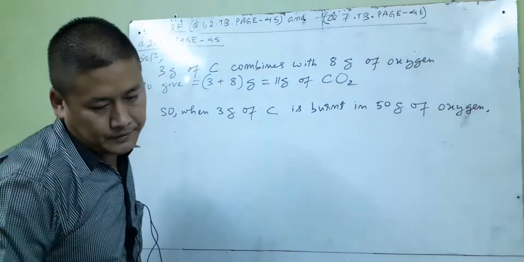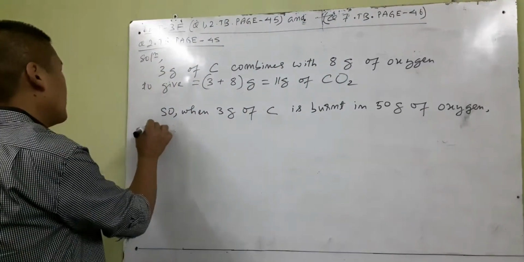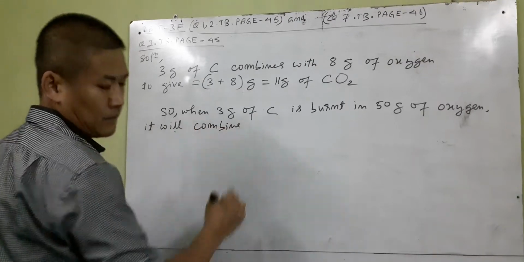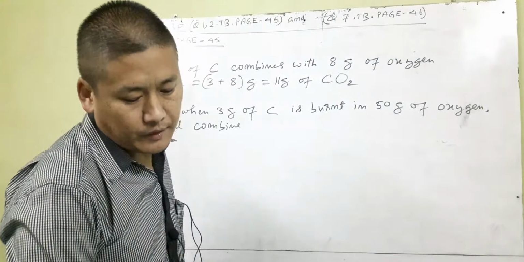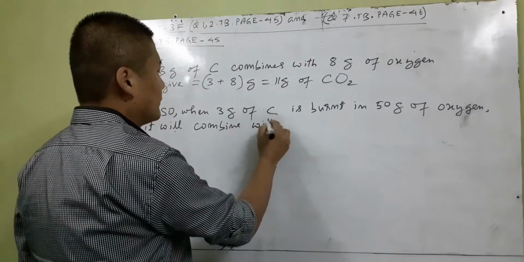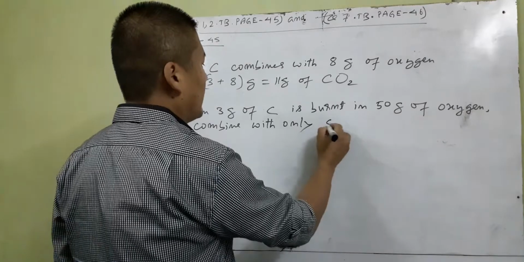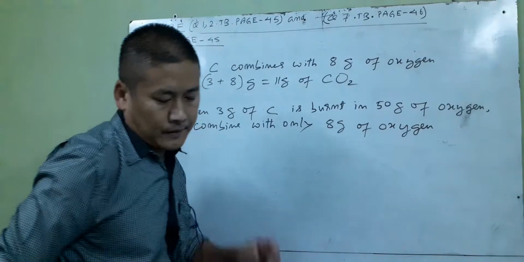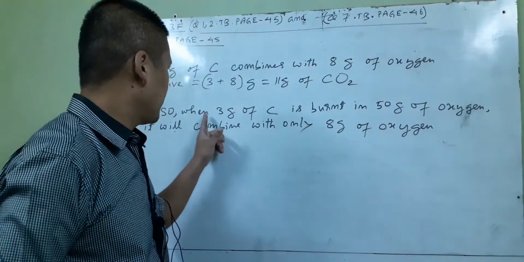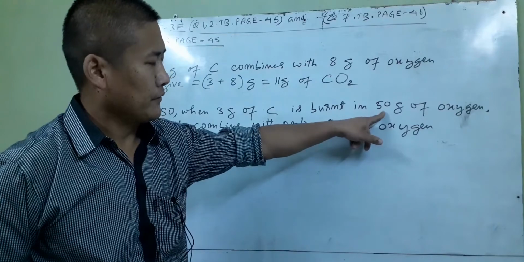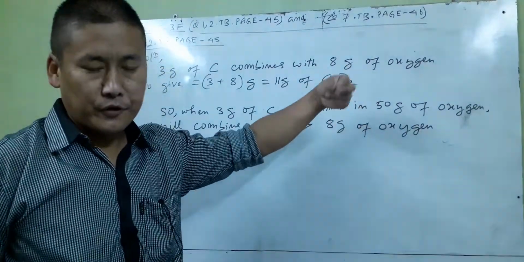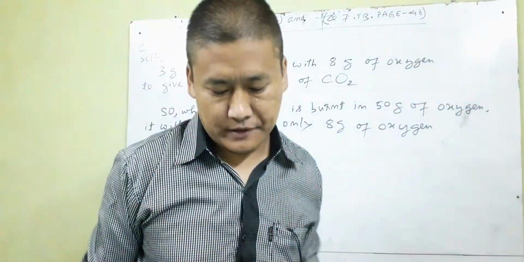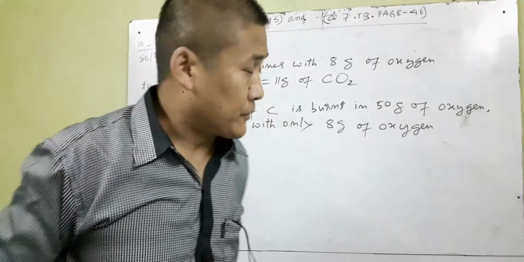Okay, your answer is, it will combine only with, and there is a reason for this, it will combine with only 8 grams of oxygen, not more than that, not less than that also, because 3 gram exactly combined with 8. So even if you supply extra oxygen, more than 8 also, it cannot consume more than 8 because of the law of definite proportion of compounds. Okay, we'll explain that. So only with 8 gram oxygen to give